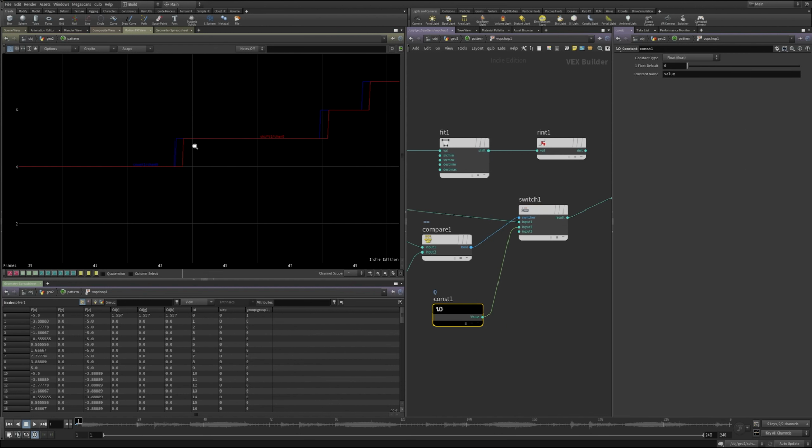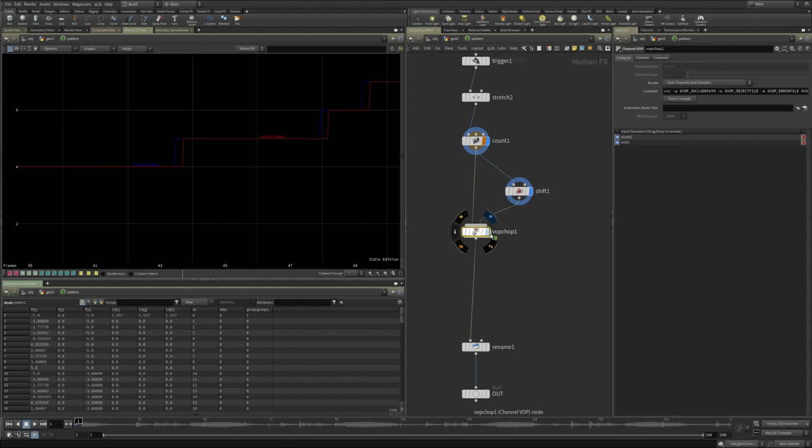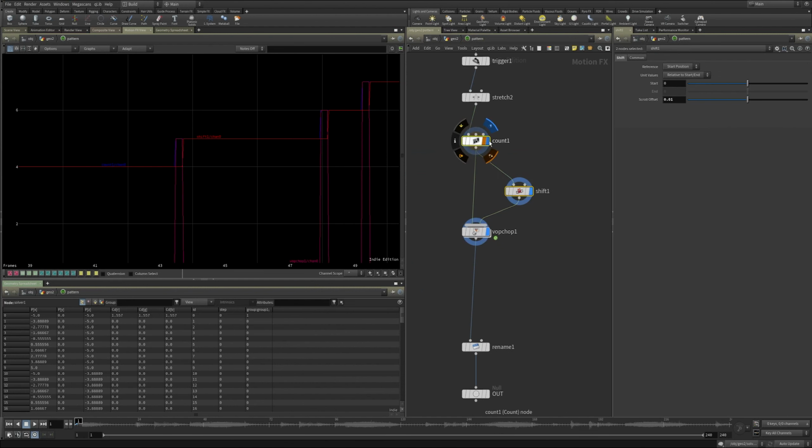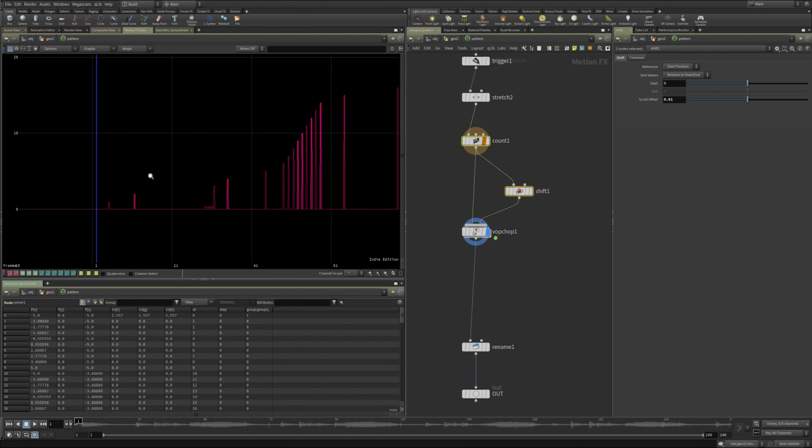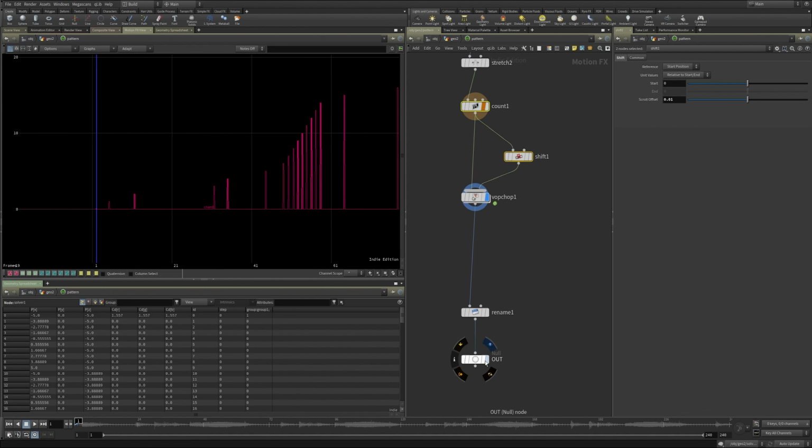Anytime it's not true, like when these two things aren't the same, output its current value. And that's what I've got here. So now I have exactly what I want. I have these sort of stair-stepped values.